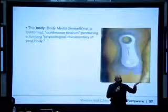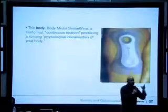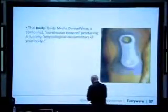This is a prototype version. The version they have now is even smaller. It's a device that you peel an adhesive backing off of, and you seat it on your arm. Your body heat wakes it up, activates it, and it immediately starts gathering 16 channels of biometric information and broadcasting